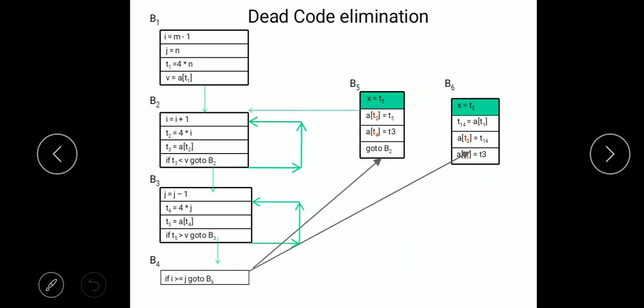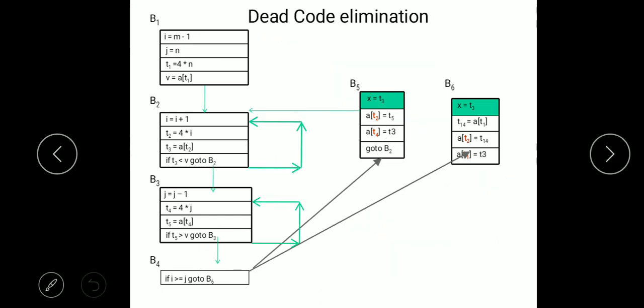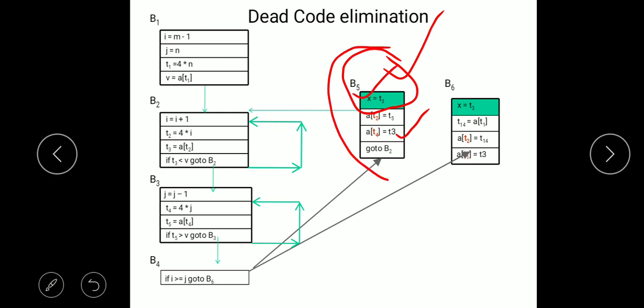Look at here, A of T4 equal x. In place of x we are using T3, this one. After doing so, you can clearly observe that x equal T3 is now a useless statement, because x is not being used anywhere in this basic block.